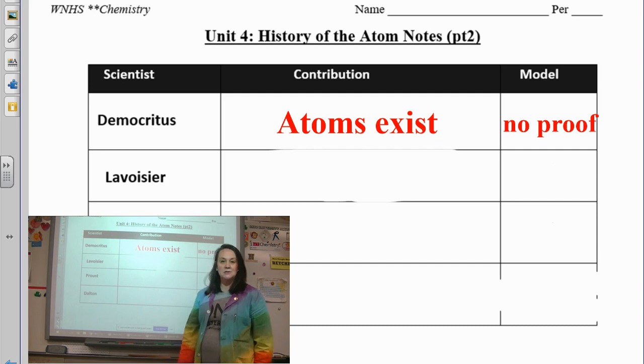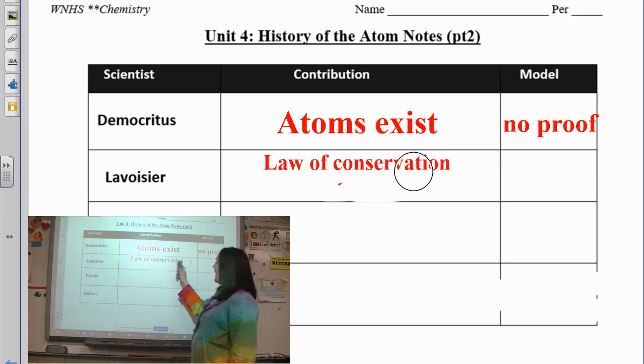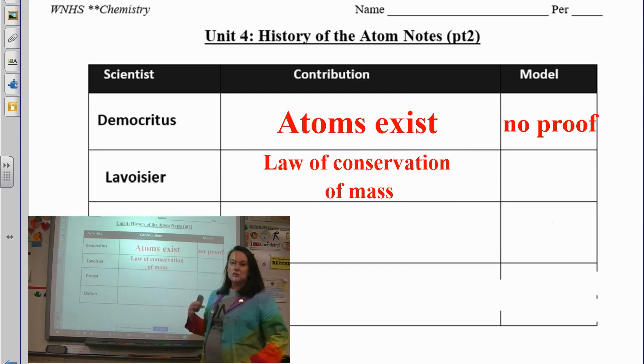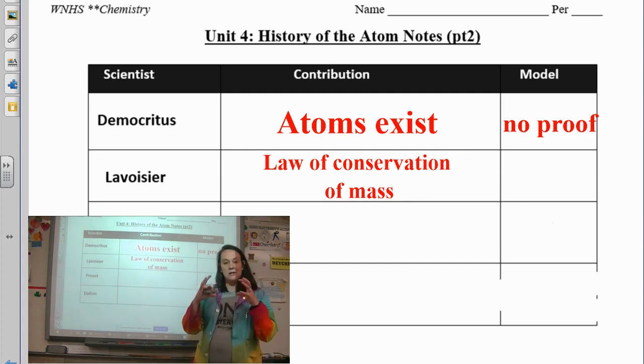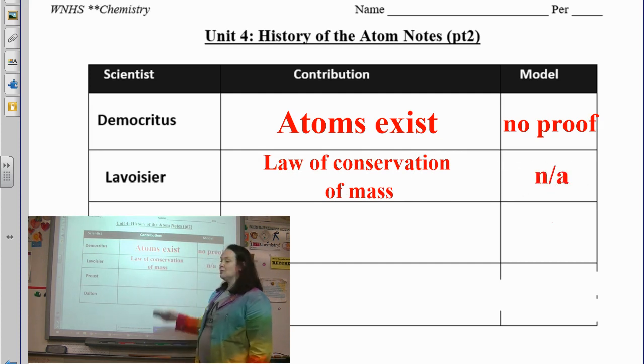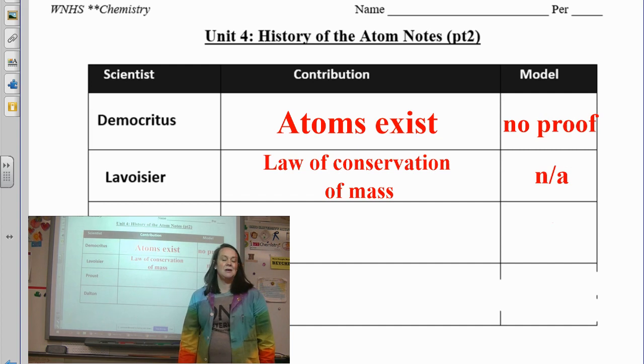Aristotle thought that there were 4 main elements, and that's how everything was made up, and so it set us back about 2,000 years. Then Lavoisier came along and started to find some evidence of atoms, and Lavoisier worked on the law of conservation of mass. Okay, he was burning things, doing different chemical experiments in closed systems, and then seeing that the mass always stayed the same. He also did not have a model of the atom, because at this point we are just taking in pieces of evidence.